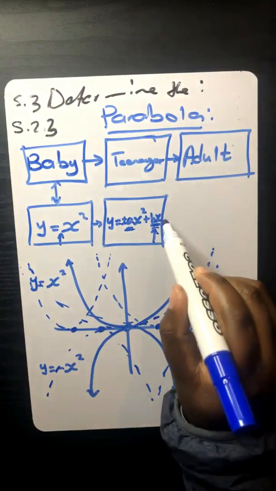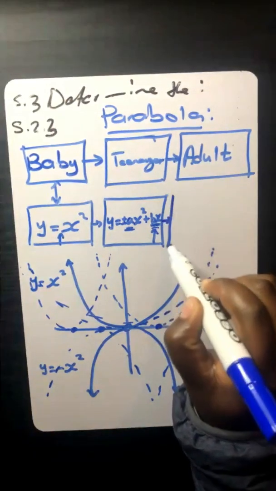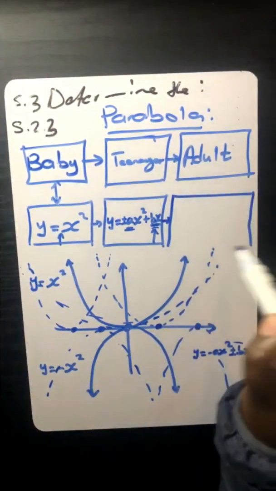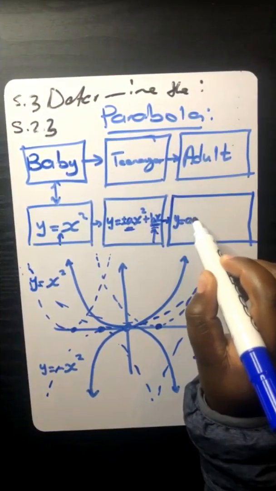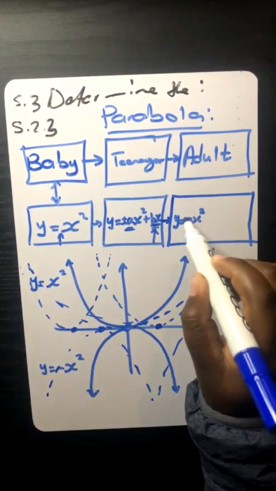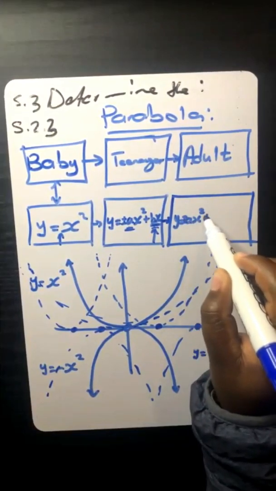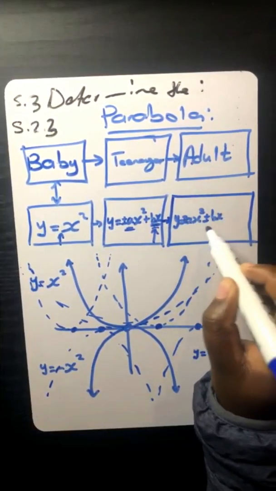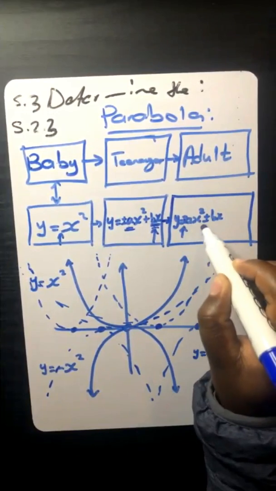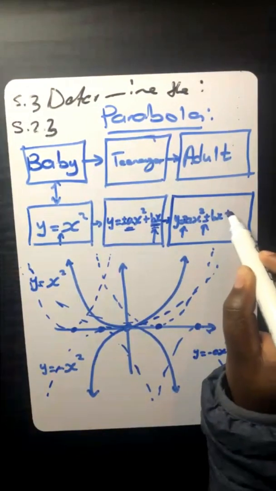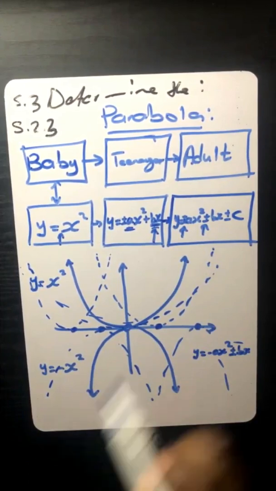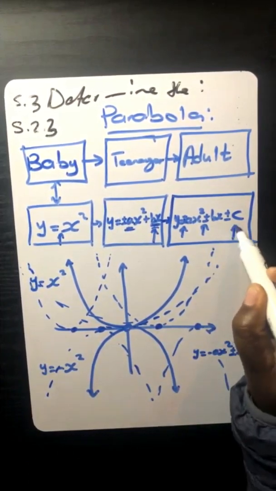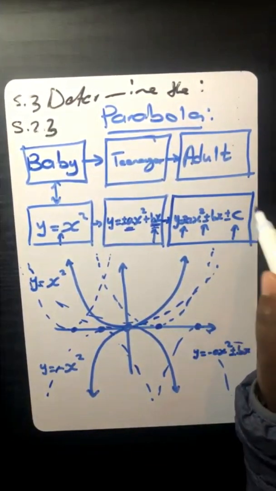And again, ladies and gentlemen, now this formula, obviously it grows to become an adult. We therefore have y equals a x squared. Obviously it's plus or minus a, it's plus or minus bx, and I've explained why plus or minus. Then there we have plus or minus c. So let's see, what about that c now? So that c, as I've said,